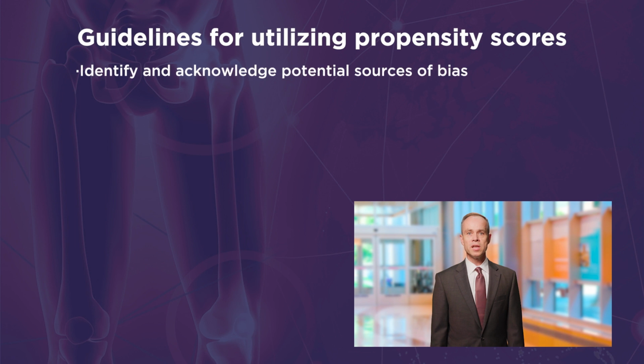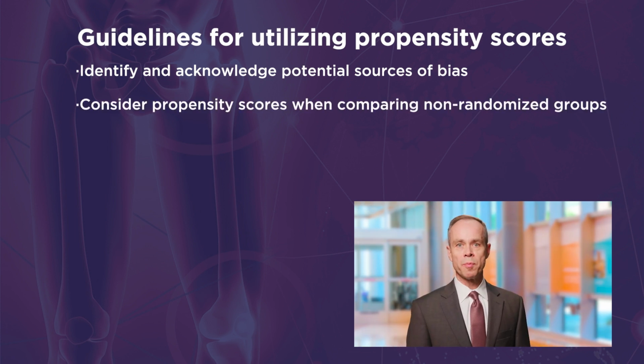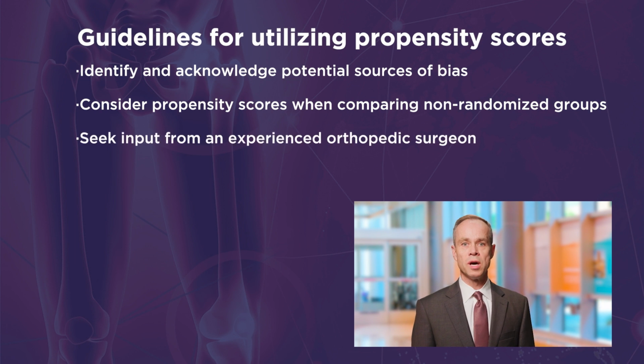When comparing non-randomized groups, potential sources of bias and confounding should be identified and acknowledged. The creation and use of a propensity score should be considered as a possible tool to minimize confounding and treatment selection bias in studies comparing non-randomized groups. When developing a propensity score model, the explanatory variables should be carefully identified with critical input from